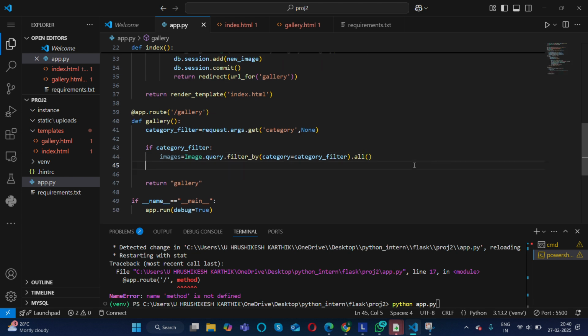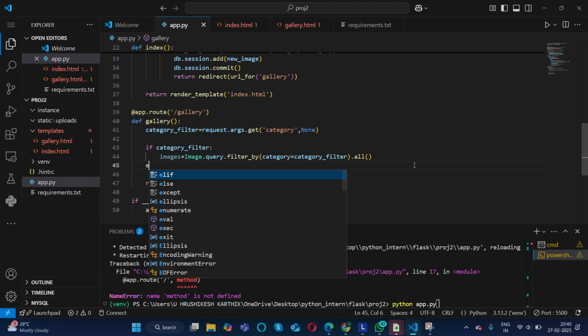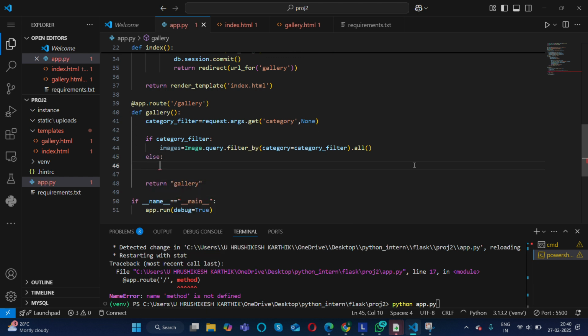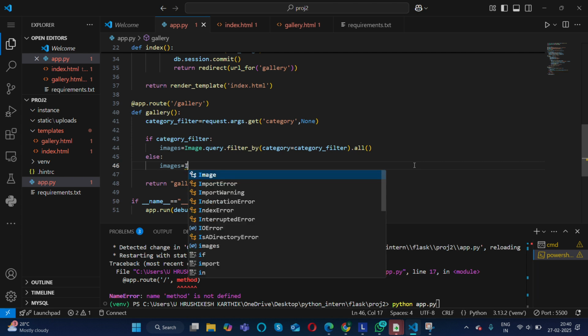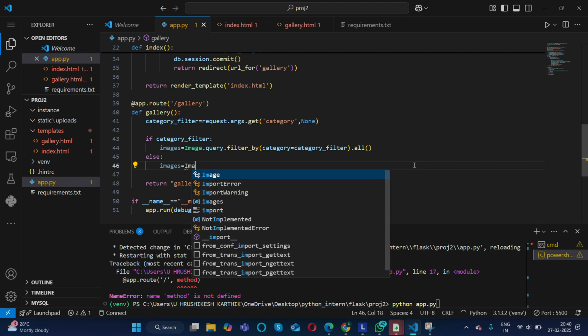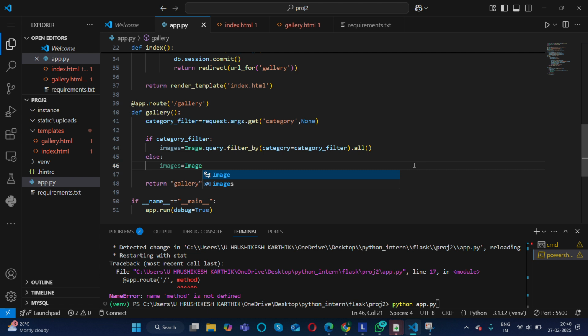It should show an error, or it shouldn't show an error. If it exists, it should show something, or it should return all the images.